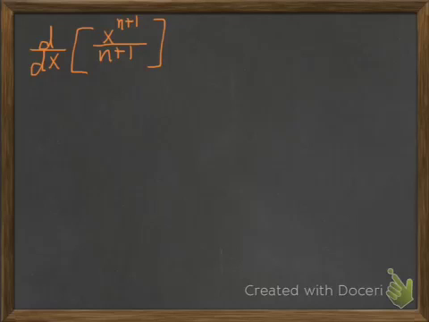Now, if we took the derivative of this, and my mistake, we should also add plus a constant, and close bracket. We're going to go ahead and take the derivative of this. Well, the derivative of this is easy. We're going to use the power rule. We're just going to bring this exponent down, up at the top. So we'll have n plus 1